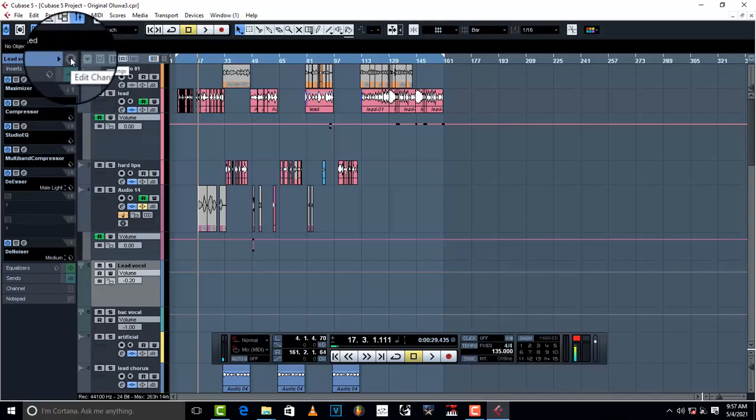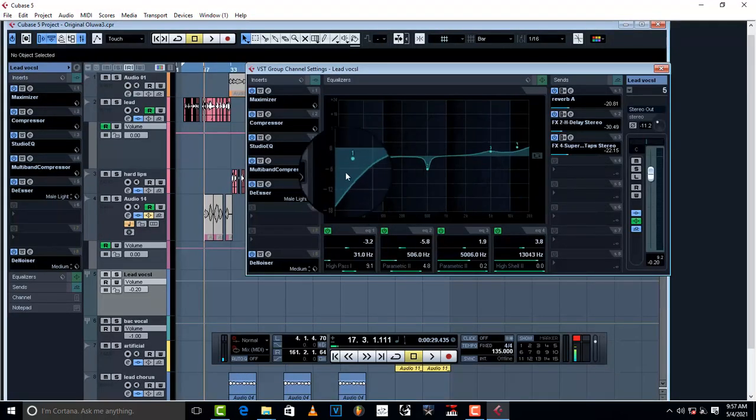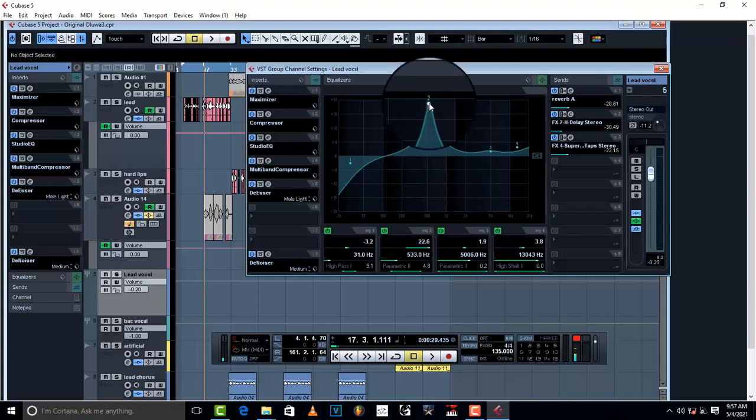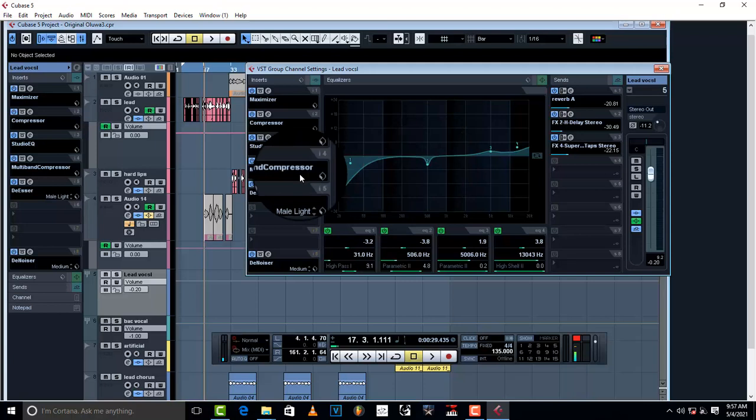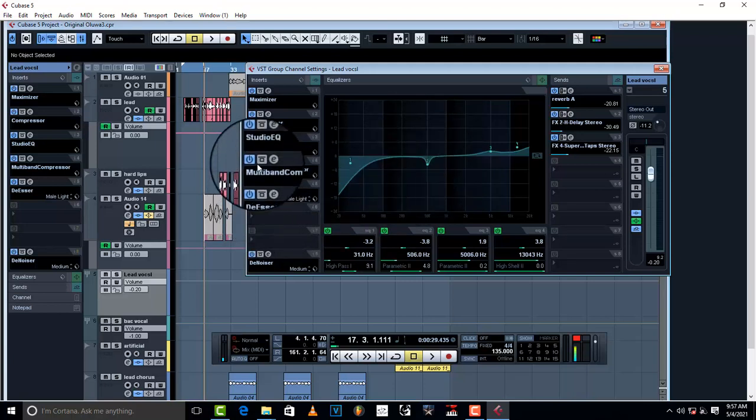Then within Cubase, just to give it more presence, I have done this. This is what I've done. Just cut somewhere here and then reduced the 500 area. Before it was like this. That frequency makes your vocal sound like you're singing in a can, so you don't want to have that frequency in your vocal. So what I did was bring it down a little bit so we can reduce that frequency. I am using this second EQ because